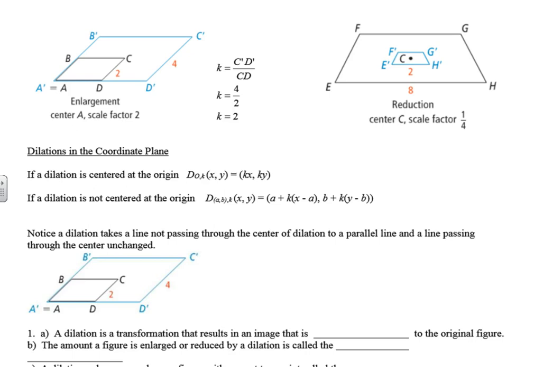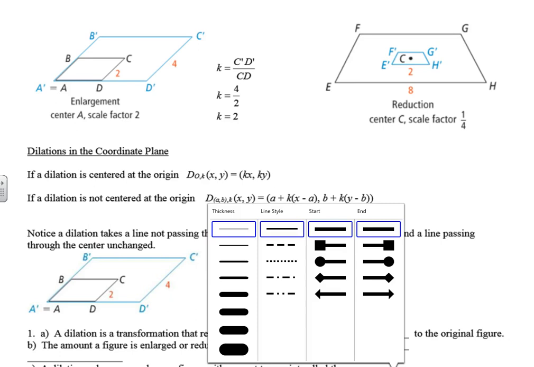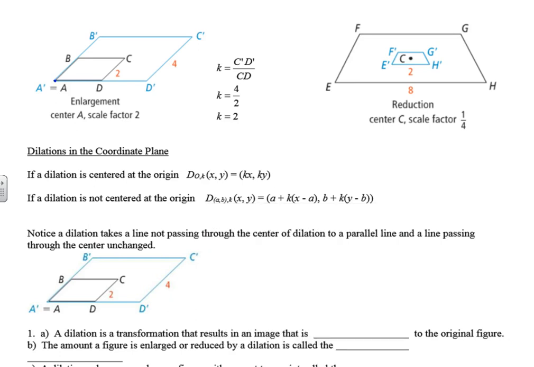We have a center of A, and so the center is A. What's happening now? Well, notice that A prime doesn't actually move because that's the center of dilation, but what's happening to C and C prime? The scale factor is 2, so all of those distances are doubling. So somebody might say, well, why doesn't A move? Well, what happens when you multiply 0 times 2? It's still 0, so therefore if the point is the same as the center of dilation,